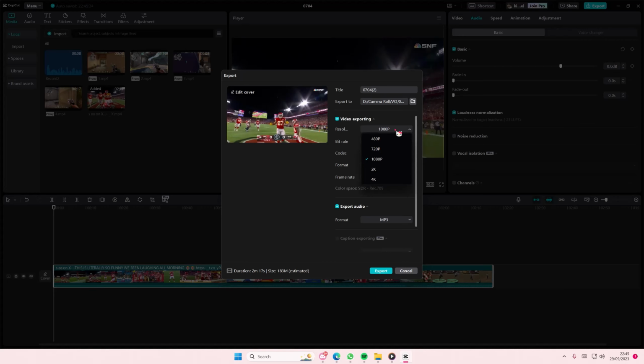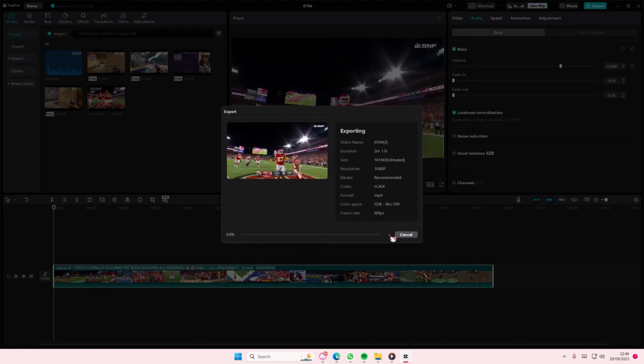Here you can change the resolution. I usually go with these settings here. You can also use a higher bitrate for yours. You can also export the audio separately. It's going to still have the audio in the video exporting, but you can. I just turned it off for these two to just export the video, and then I'm just going to select